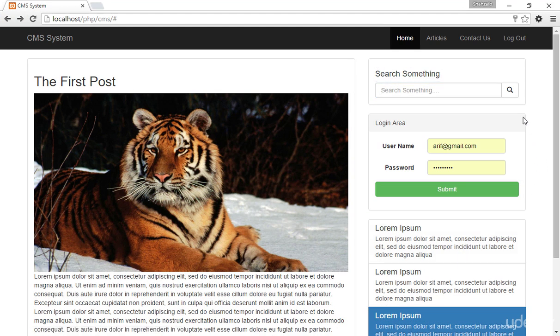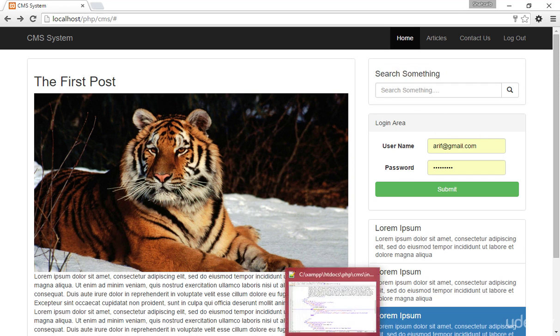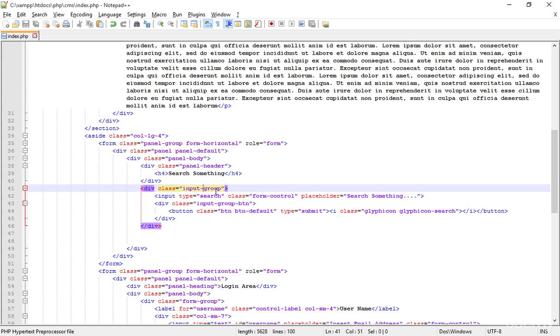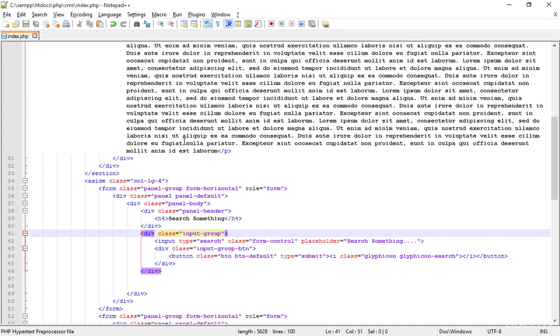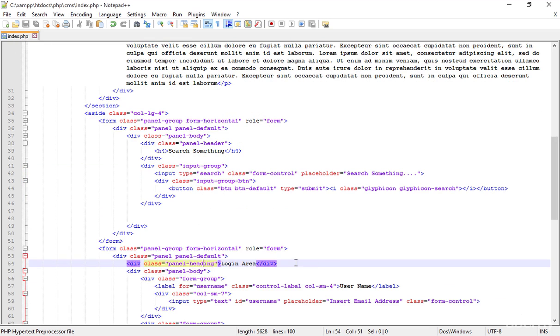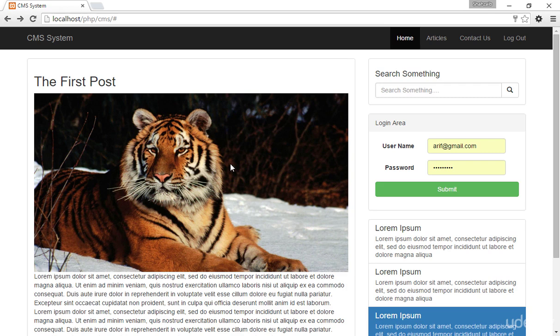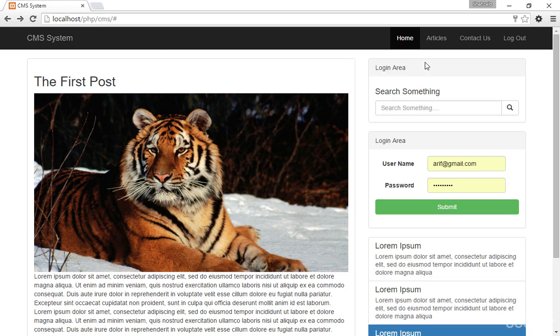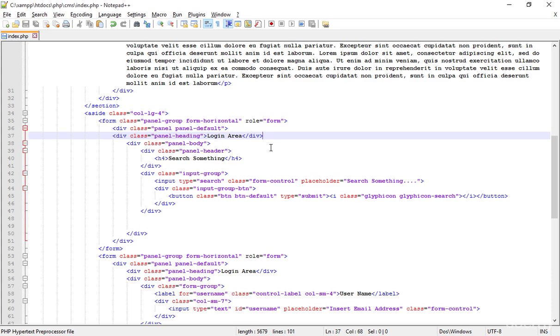Now if you want to add a header instead of the search text, you can add that as well. This is up to you. How to do that? Simply add the heading like we did here. This is the heading. Just copy that and paste it at the top of the body, go to the browser and refresh that. Now I got this kind of thing. I can add this kind of thing as well, but this is not really important, so I'm removing that from here